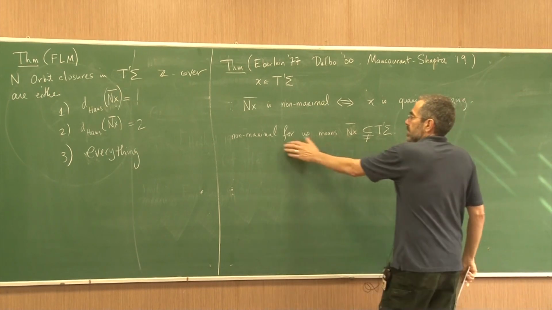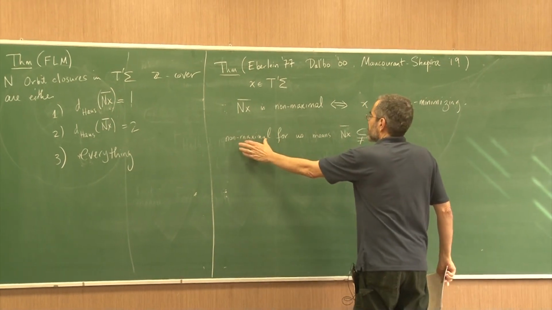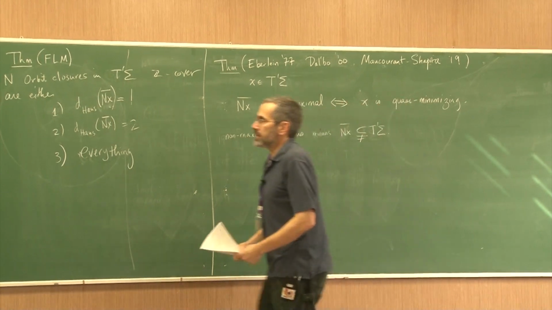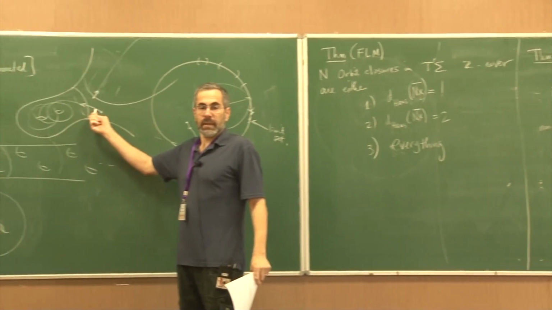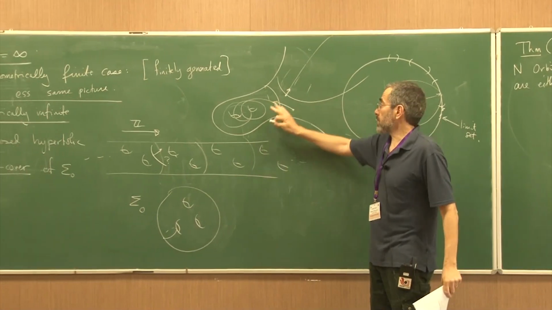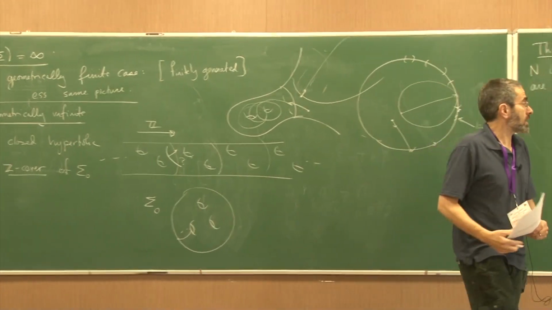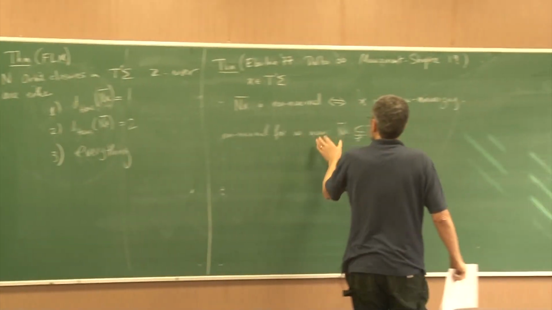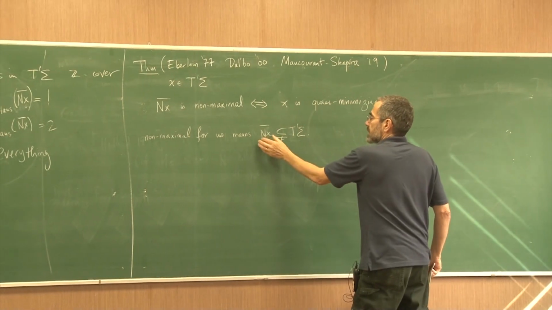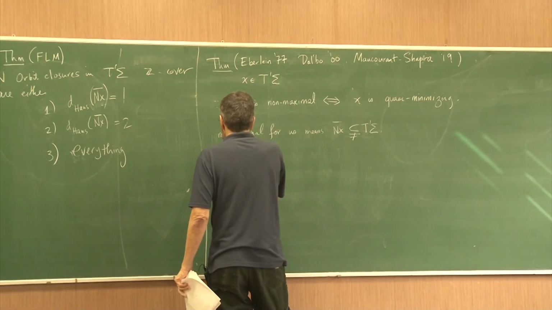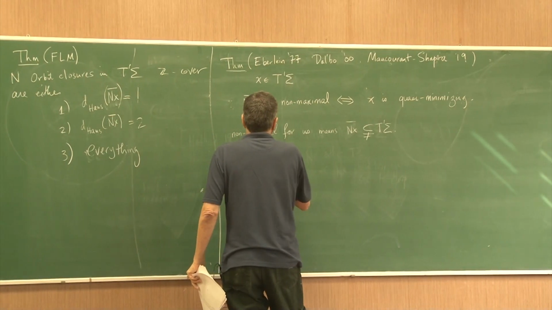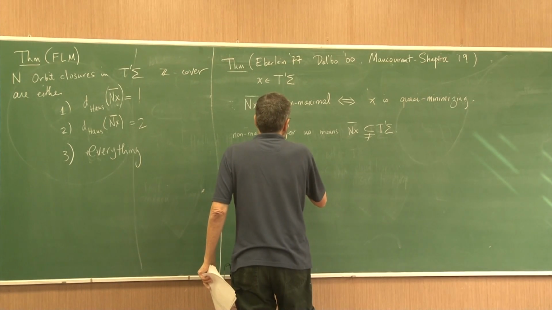Why am I being cagey about this? Because it's a slightly different definition in the case of these infinite area surfaces where the limit set is not the whole circle. In our case, the limit set will be the whole circle. There aren't any ends like this. So non-maximal just means that N x is not dense. And what is quasi-minimizing? This is the interesting property. x is quasi-minimizing